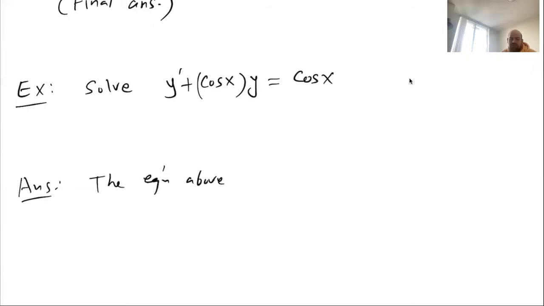It's first order because the highest derivative that appears is y prime, and it's linear. All the powers of y and y prime are 1. The equation above is a linear first order ODE